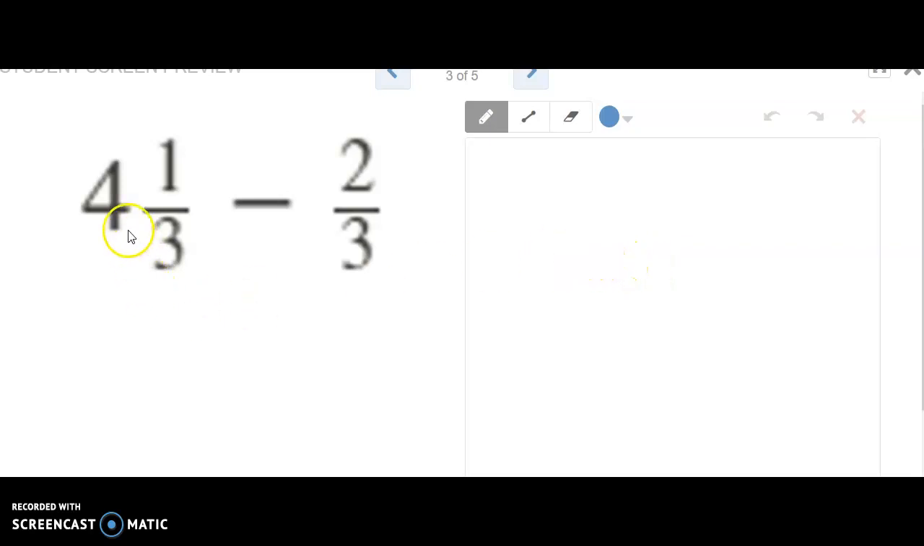Okay, boys and girls, let's take a look at this problem. 4 and 1/3 take away 2/3. Well, the first thing I'm going to do is write this on my board. 4 and 1/3 take away 2/3. Now we know that when we are working with mixed numbers and we're adding and subtracting, we want to